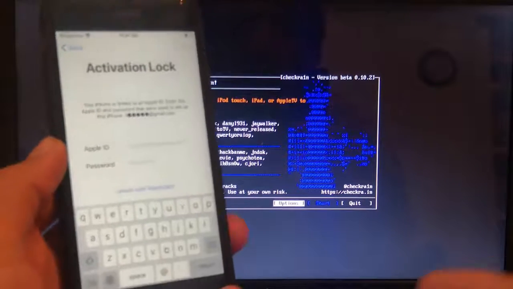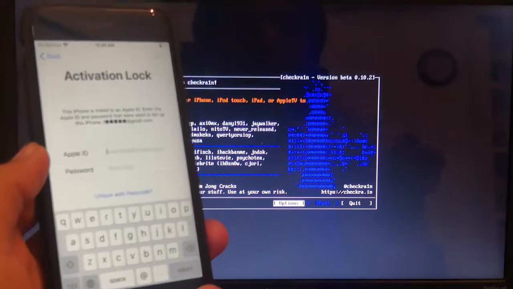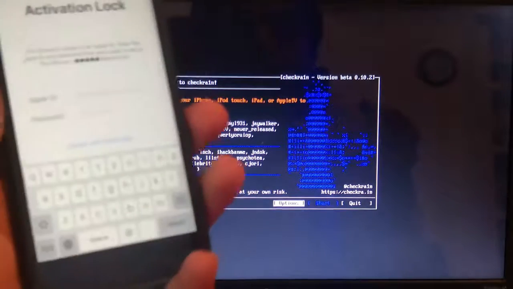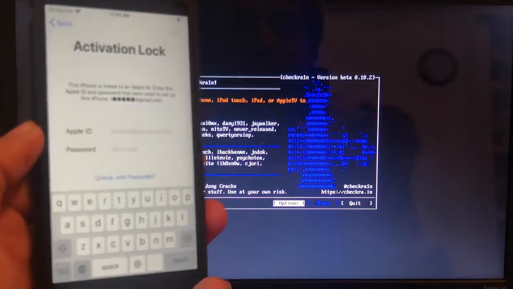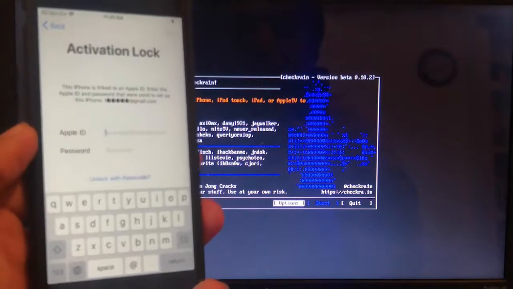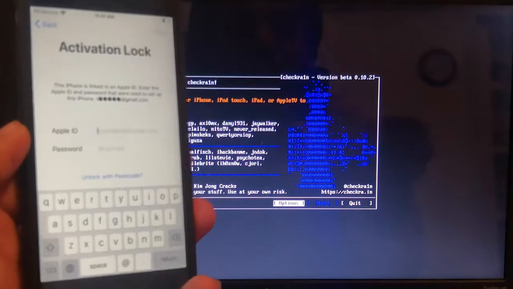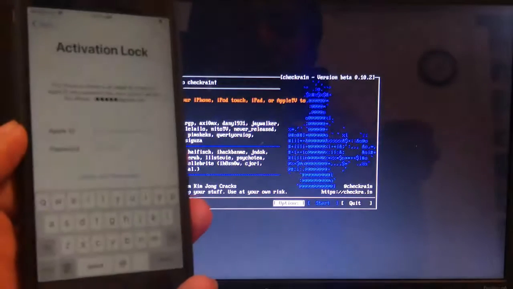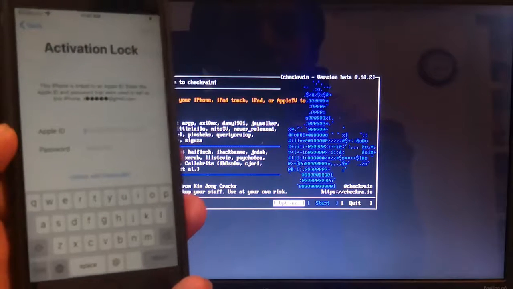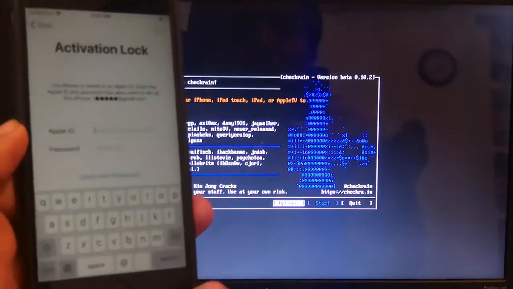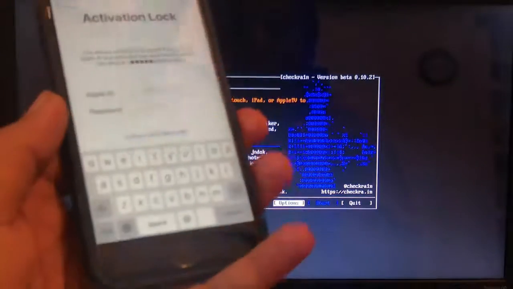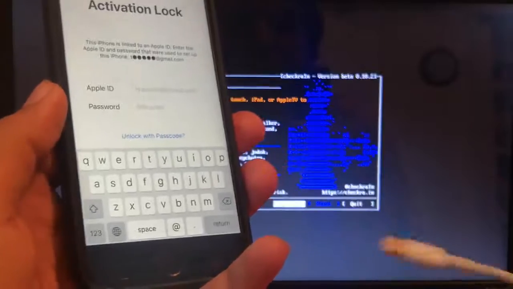So guys, first you run Checkra1n jailbreak, then you use the Windows tool. So how to run Checkra1n? If you want to run Checkra1n without a Mac or Linux, you can watch my previous jailbreak tutorial. It's very simple. You make a bootable pen drive, restart the system, press the boot key, and select boot. After a few seconds Checkra1n opens without installing Mac and without losing your data. I've already opened Checkra1n version 0.10.2.